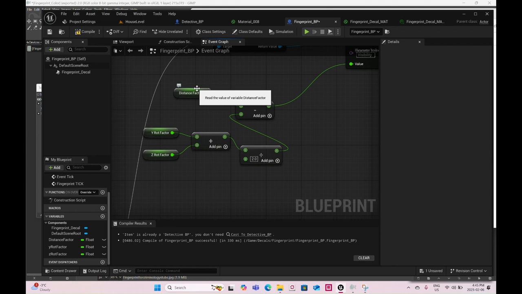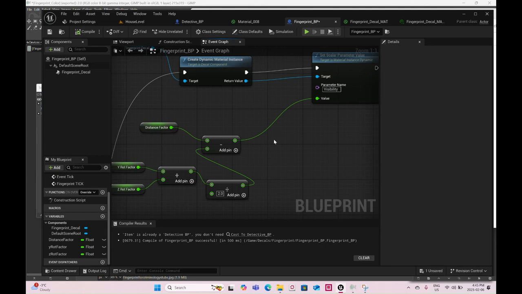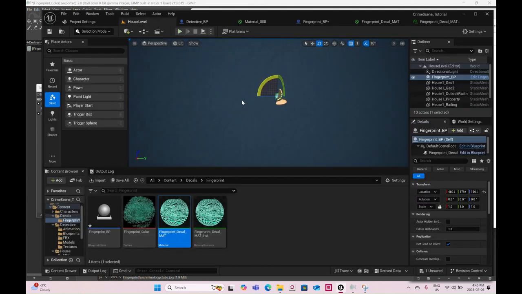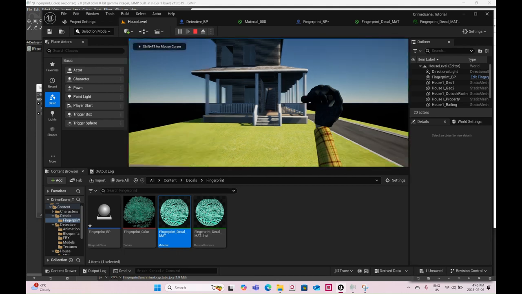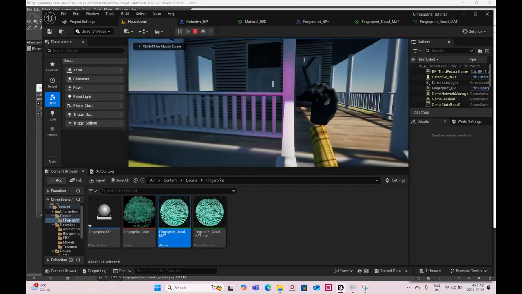I'm averaging those two values, and I'm deducting that from the distance factor. So I'll show you now. I'm plugging that into this value. So if I go ahead and play, and I go back,